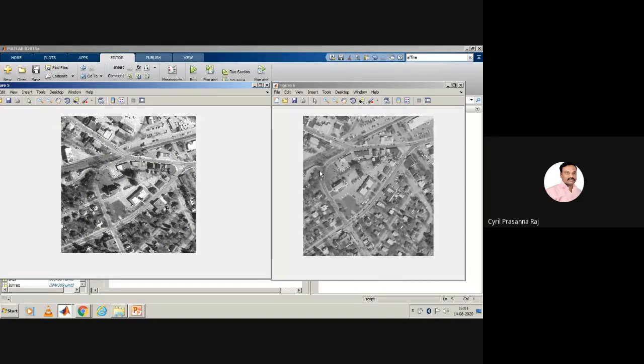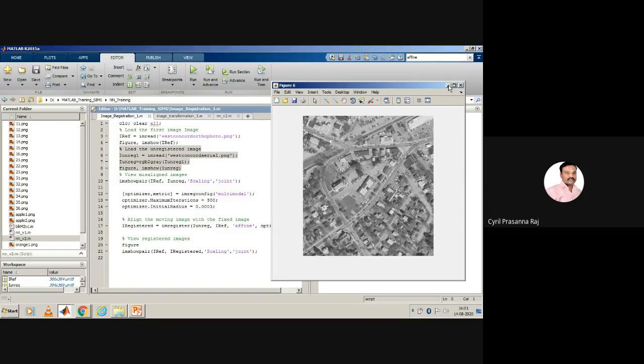So we need to register these two images so that we'll be able to identify the location of this building. Maybe today we have taken this image, or maybe it was taken 10 days back. Today the aircraft is flying, and this is the image we find. Now we need to know the location of the building, so we need to superimpose these two images. You have to perform a process called image registration. Image registration is a process of aligning two images taken at two different time intervals. We need to identify the features in the image, and depending upon those features, align the two images.